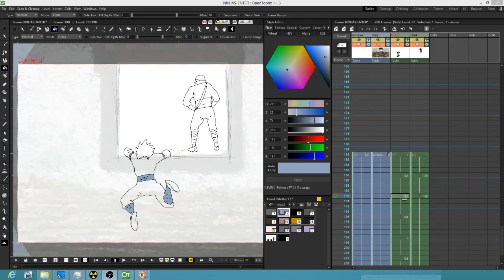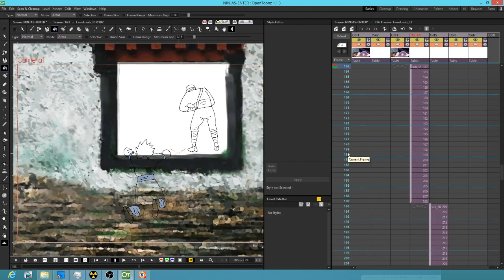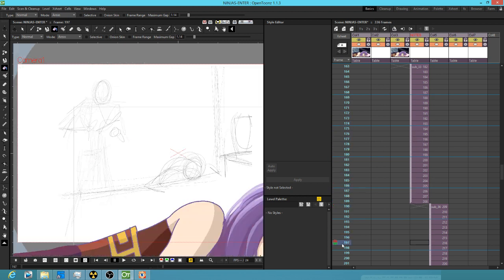Okay, so what I'm doing today is basically just trying to get a couple of these shots completed so that I can get the larger sequence behind me and move on to the battle that's going to take place here shortly. But here's the